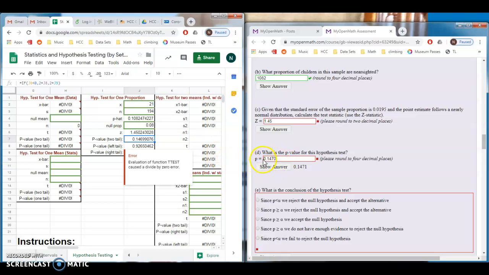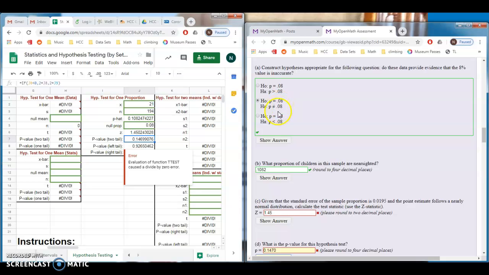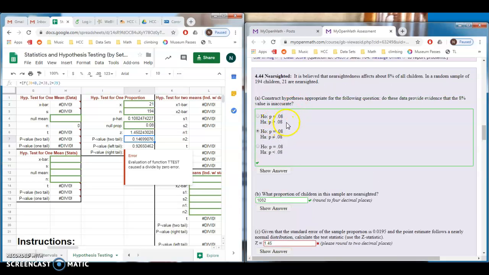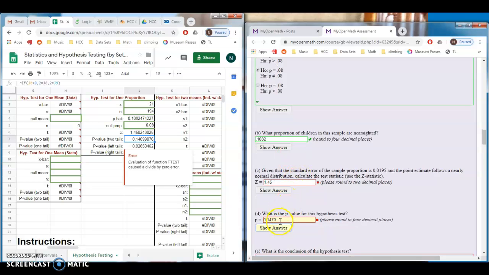Anywho, what does this number mean? This number means that there's about a 15% chance that we would get our sample proportion of 11% if the real proportion out there is 8%, right? Because it's possible that we just happen to walk into a classroom or a school where we asked a couple extra nearsighted kids, and the real proportion is still 8%. So a 15% chance of our proportion being 11% if 8% is right